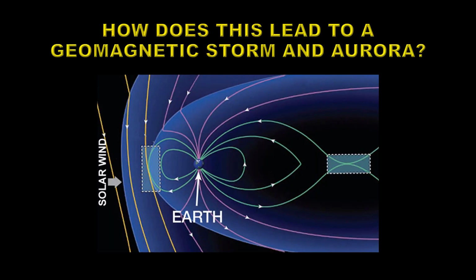What causes the problem between the solar wind and the Earth's magnetic field is when something called magnetic reconnection occurs. That's when opposing fields reconnect, releasing a lot of energy. And you can see it here with the Earth's magnetic field shown in green. That's the stable field. But as the solar wind comes in, if it's oppositely directed, it will reconnect with it, stripping away some of the outer layers of the Earth's magnetic field and depositing a lot of energy